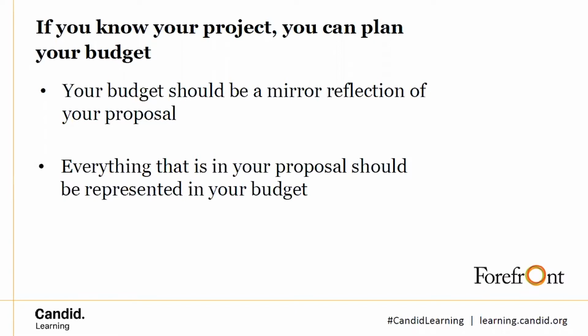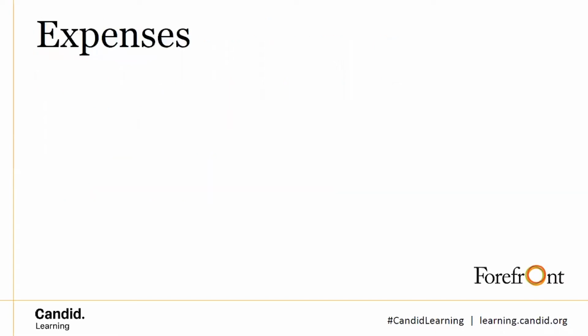Everything in your proposal should be represented in your budget. If you're talking about staff, if you're talking about space, anything you're going to be talking about in the proposal should show up in the budget to reflect either that it has been donated, that it is something your organization already has covered with your location, or that it is something you have considered on what it's going to cost and how that's going to work out for you. Who are all of the people working on the project? What are the supplies, the materials, the equipment that's needed? Right, so speaking of all of those things, those were expenses. We'll get into further detail, turning to the expense side of the budget itself.